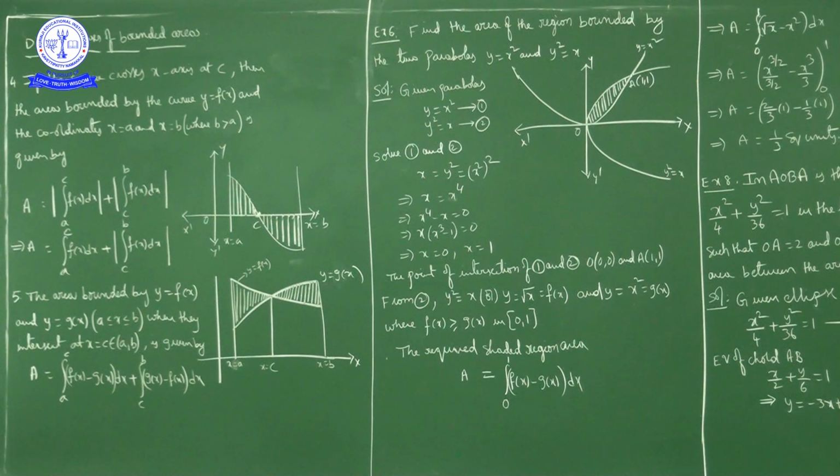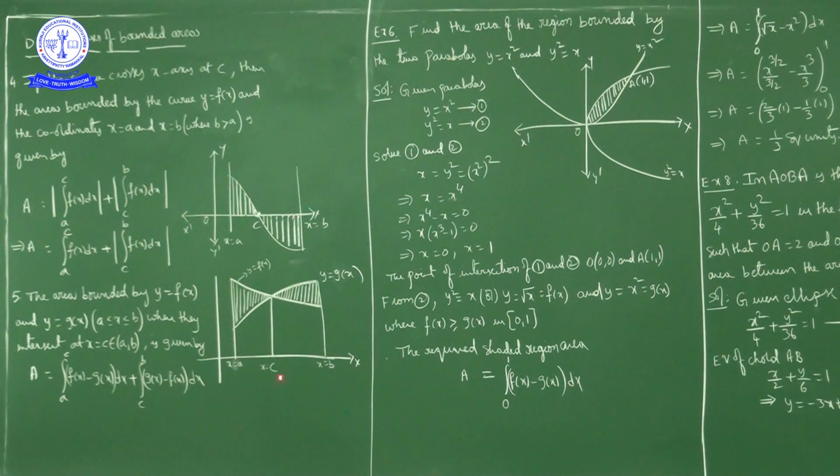Okay. The last point: the area bounded by the curve y is equal to f of x and y is equal to g of x. This is the y is equal to f of x curve and this is the y is equal to g of x curve. Already 2 points we discussed where we wrote g of x as upper curve and f of x as lower curve. In such a case we will write directly integral a to b upper curve minus lower curve. But here f of x is the upper curve from a to c and g of x is the upper curve from c to b. So in such a case, to find out this shaded region area from a to b,